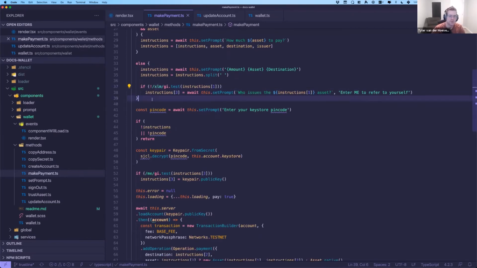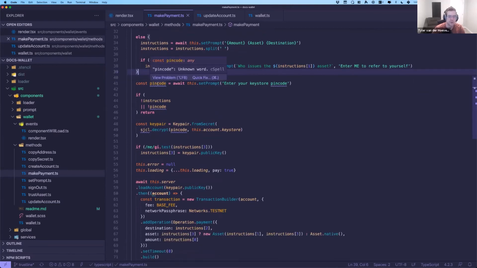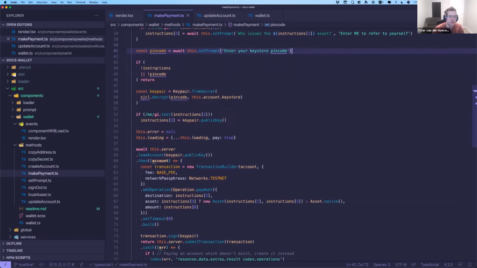Finally, after we've got that information out of the way of the amount and what asset and to whom, we can grab our PIN code. This looks super familiar. We just put that PIN code in. If there's no instructions or no PIN code, we're just going to throw or return without errors, but nothing good is going to happen. Then we take this key pair that we got from our PIN code, we decrypt from the key store file. So this instruction right here gives us a secret key,